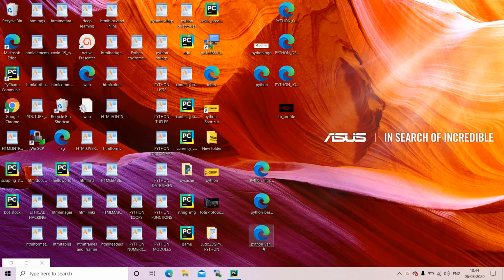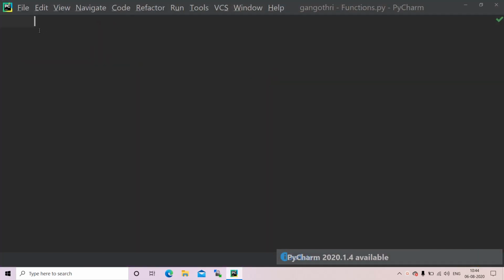So you have to compulsorily pass a calling statement to call a function. You can pass your data in the form of parameters into a function. Now let us see how to create, that is, how to define a function, and how to pass our data, that is, how to pass parameters or arguments to our function.